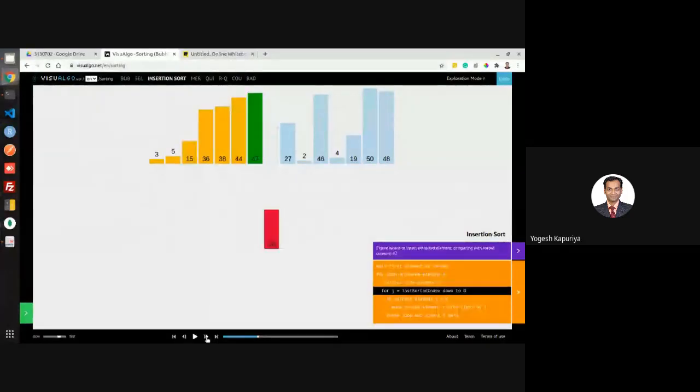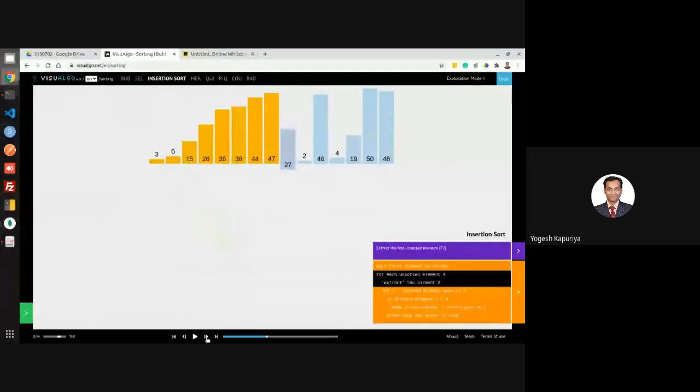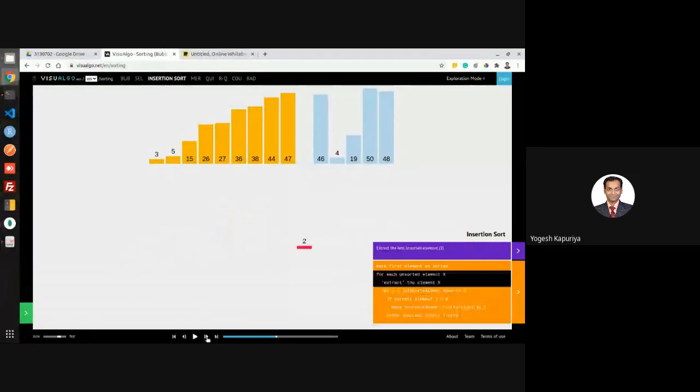Keep on doing this. Okay, I want to discuss one more case, so I am just quickly removing this. Okay, 7. Again 47 will be shifted, 44, 38, 36, 26 will not be shifted. Next, 2. This is the one I want to discuss. This is another false case when the comparison will stop.